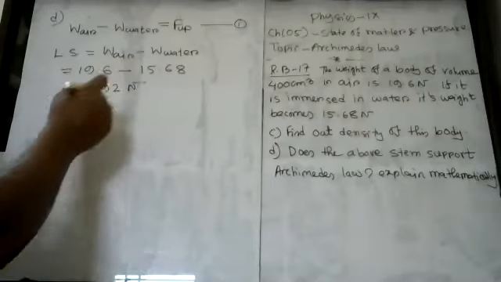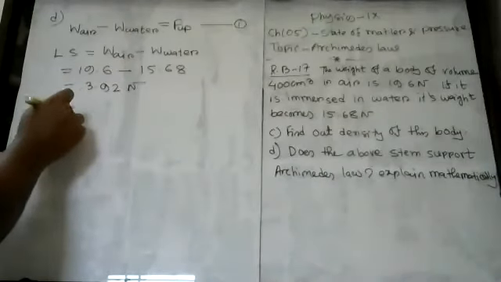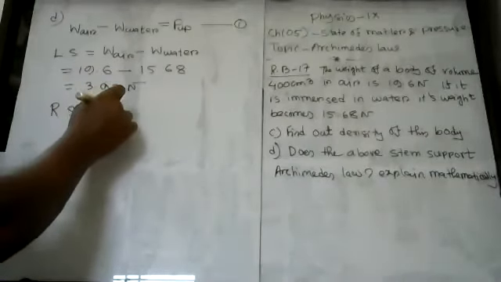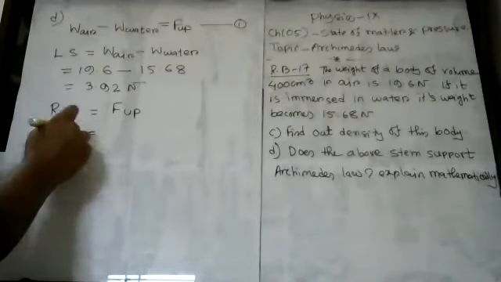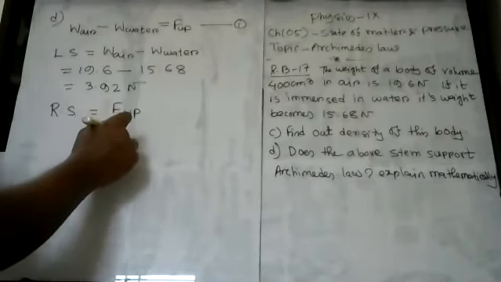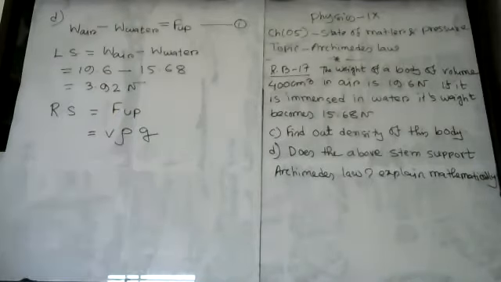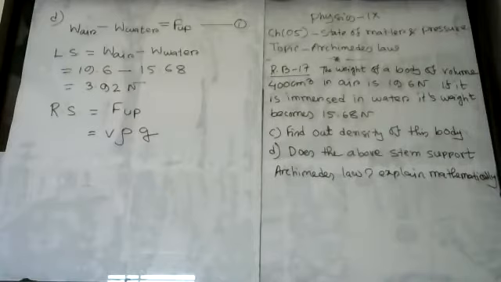Now, my dear student, on the right side, this is the upward thrust or buoyancy. You know that the upward thrust or buoyancy is nothing but V rho G. What is V here, my dear student? V is the volume of the displaced liquid. You see that the volume of the body is given, and that is 400 centimeter cube. So you can say that this volume V will equal to 400 centimeter cube. And what is rho? Rho is the density of the liquid.